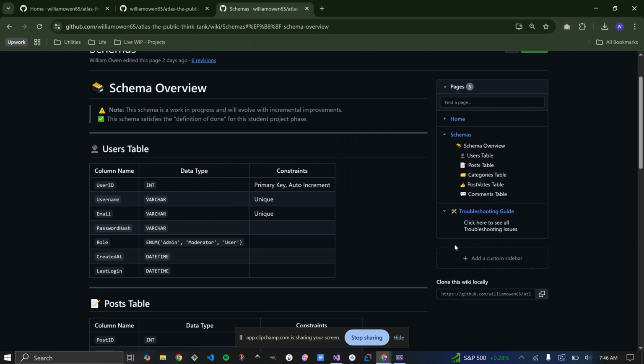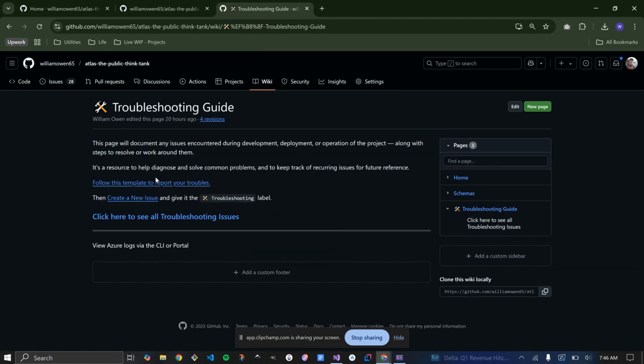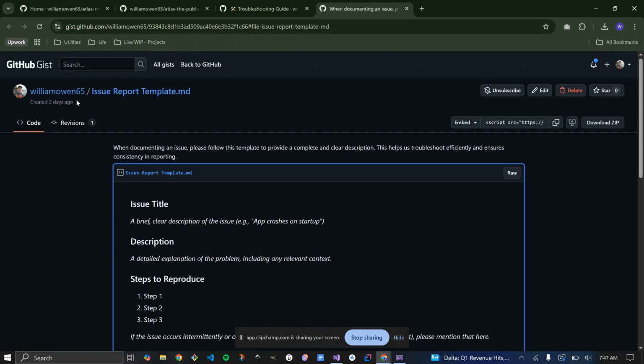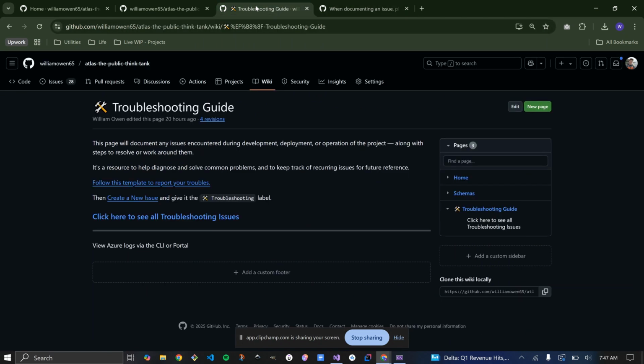I also created a wiki post for troubleshooting in general. This has a template to use. You don't have to use it. I put that template in a GitHub gist, and then you can open and create a new issue from here.